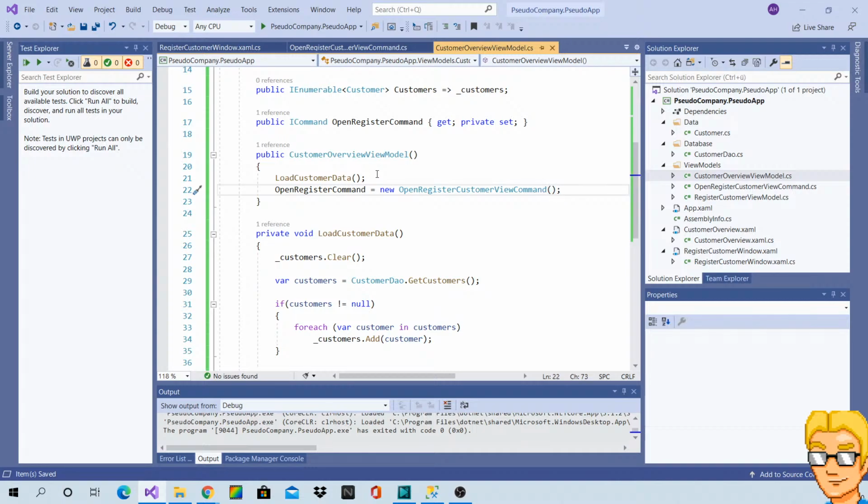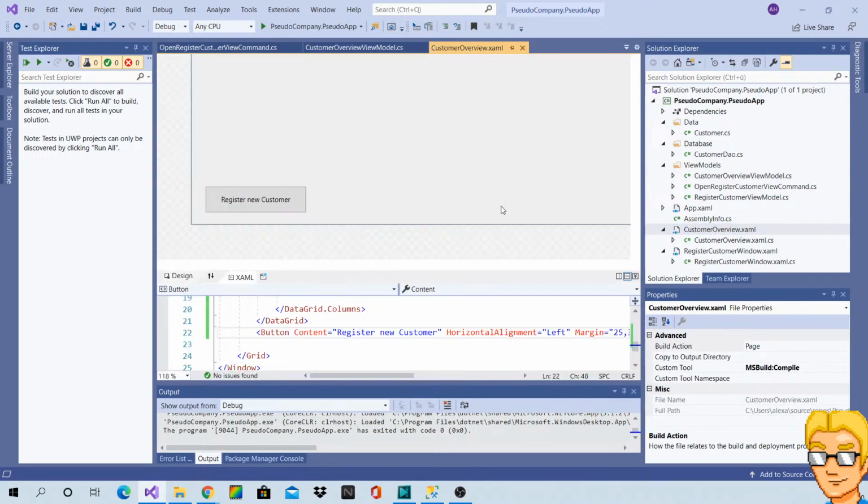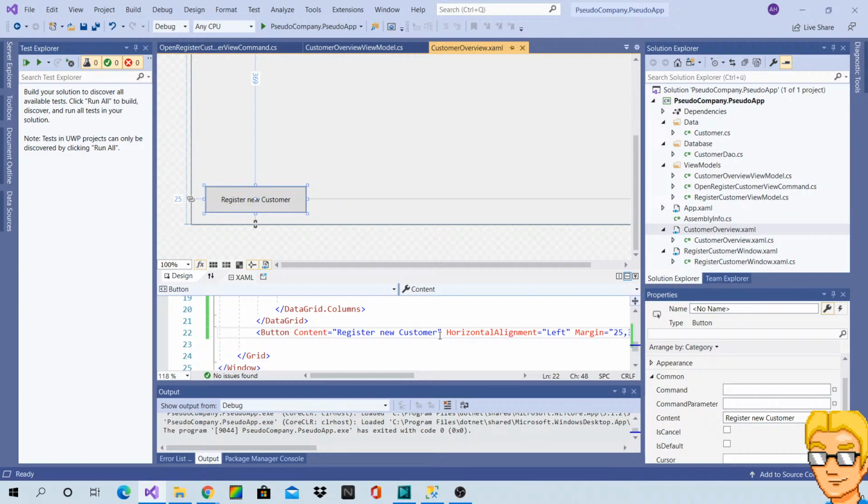There. And now go into the XAML, go to the button, say command, binding path, register, open register command.